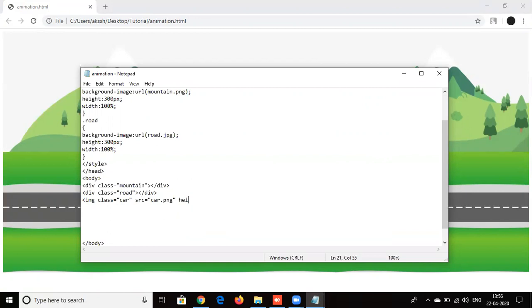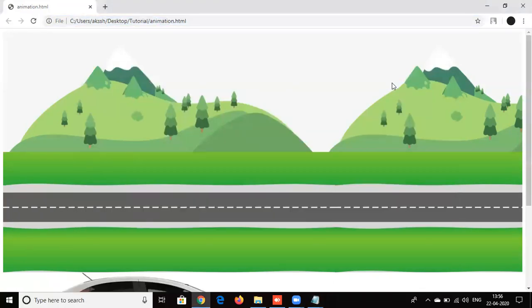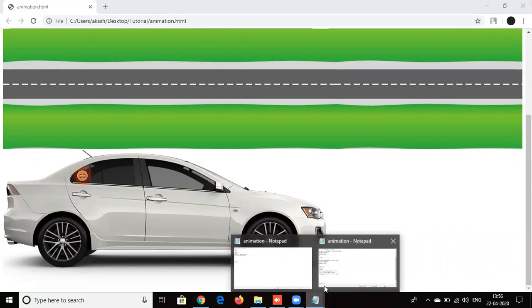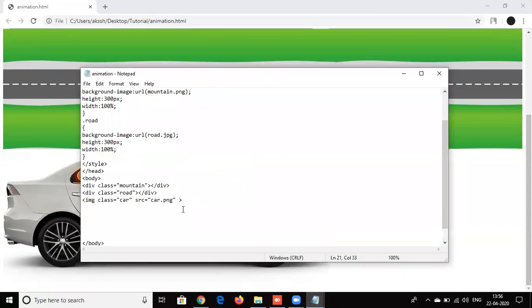And then I give a height of the car, because if I save it like this and I press save, see the car size is so much. So if I reduce the height, it will reduce the width also. So I press style, then I give height as 50 pixel and I press save.